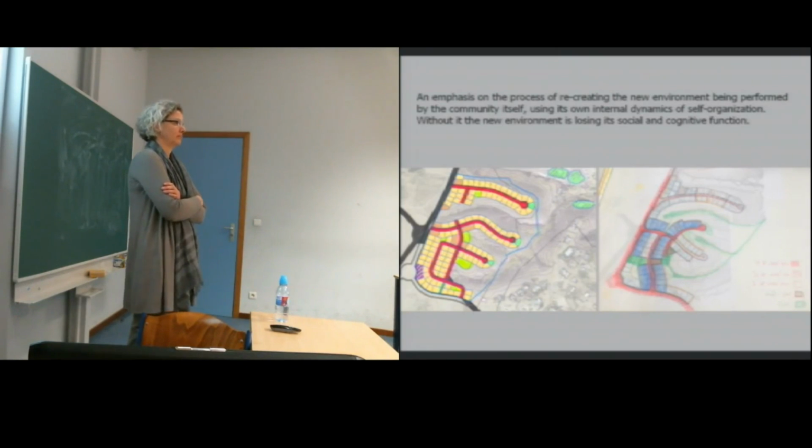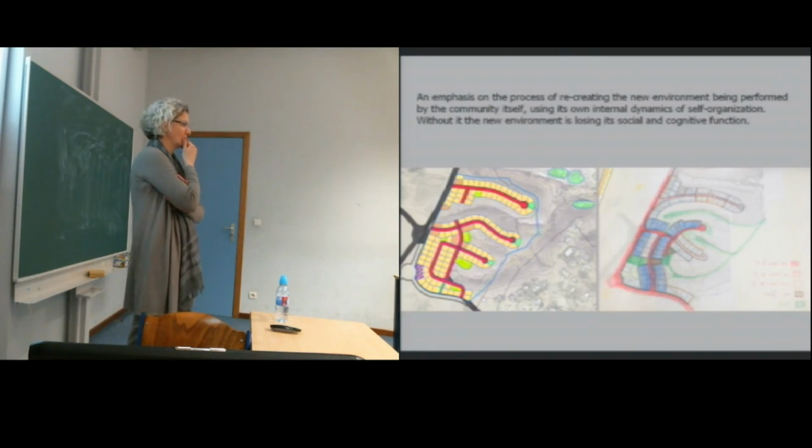What I meant is that while being able to design new mediums, you will allow much more self-organization happening through these mediums.